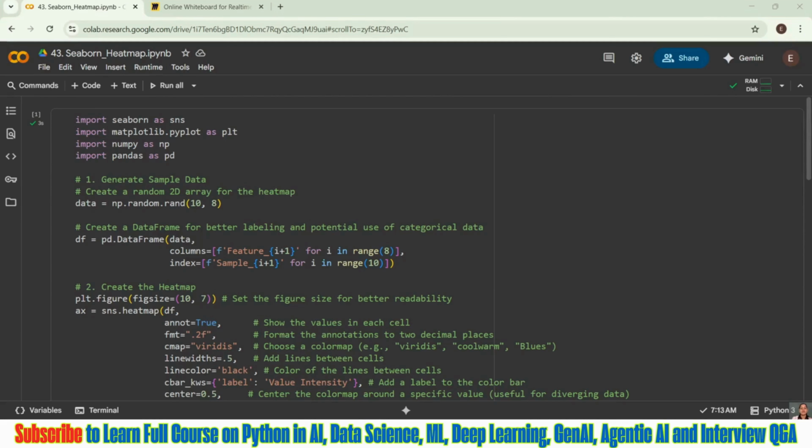Seaborn is one of the important concepts to understand based on plotting, specifically for people who are looking at the data science field, or who want to become a data scientist or anything related to those roles. Well, that is all for now. We will cover further topics of Seaborn plotting in our upcoming videos.